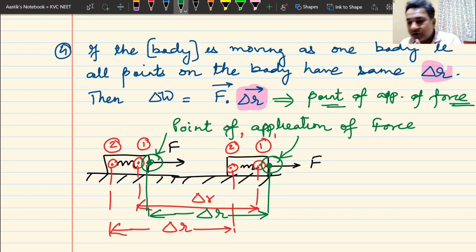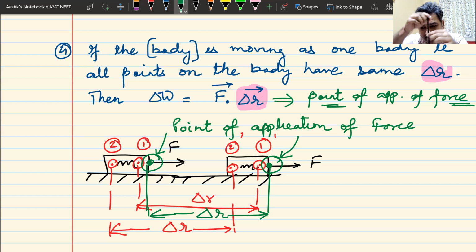But up till now, whatever questions we have done, the complete body was moving as one unit. So all the particles, including your point of application of force, were having the same displacement. But if I give you an example of this